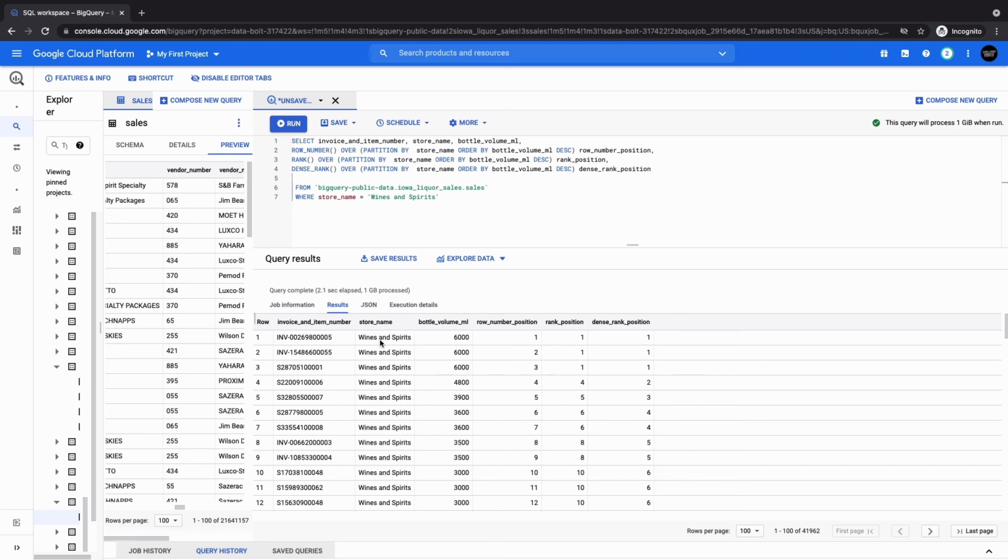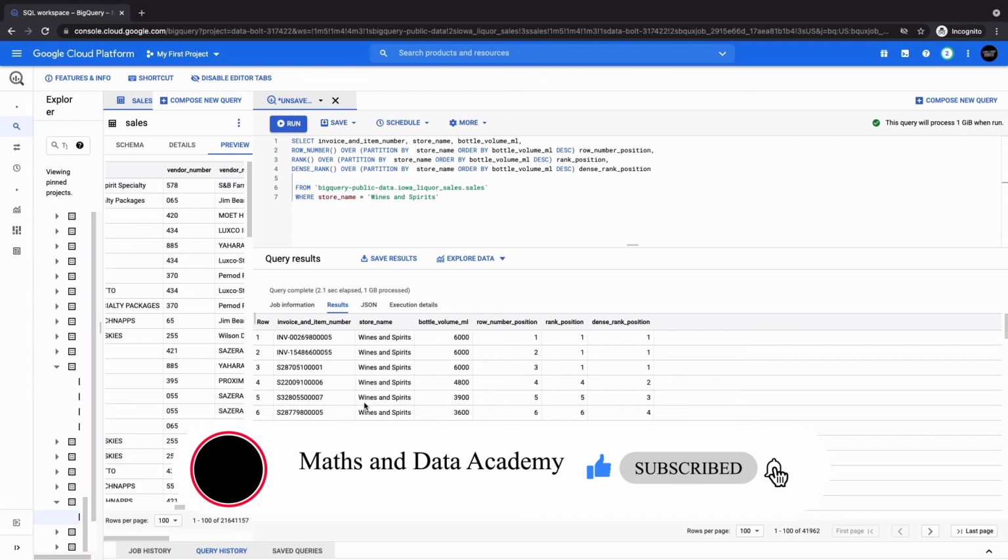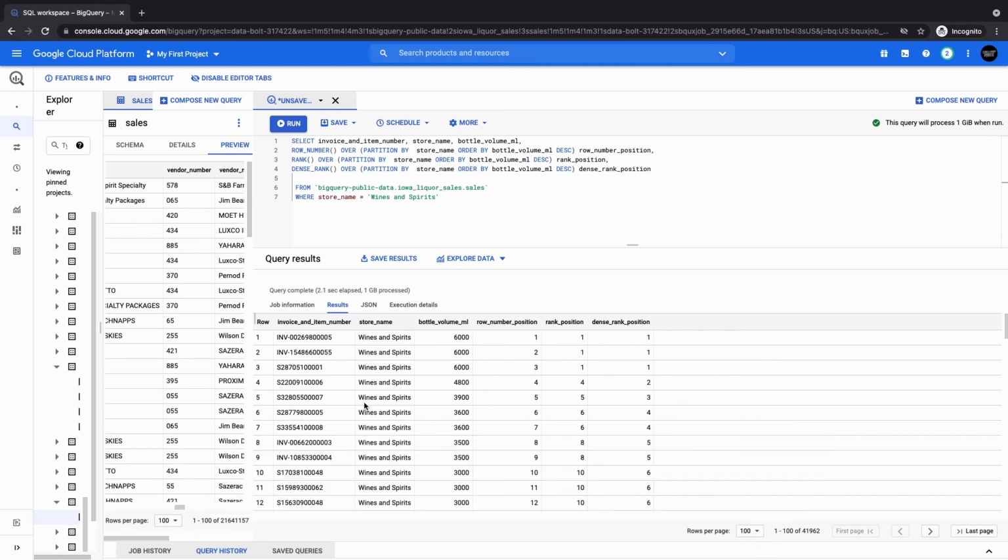We could also do this for different stores, but we have decided to limit this data to the wines and spirits store so that it makes our analysis even better. So basically, this is the idea of